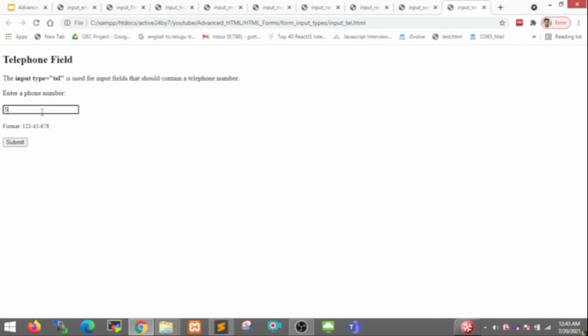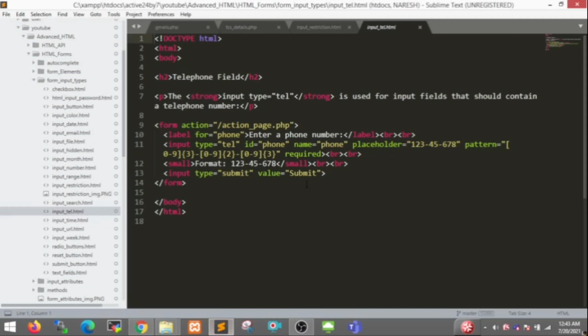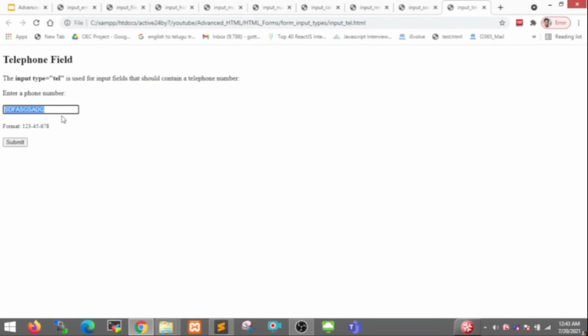Here I entered a value. It says please match the requested format, because I gave a pattern, right? Based on this pattern, the input will be validated. So this is the concept of the pattern and input validation.